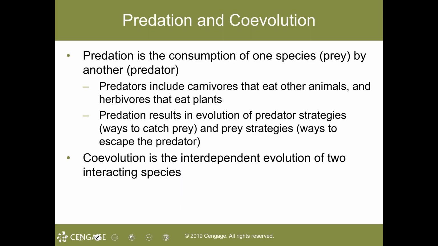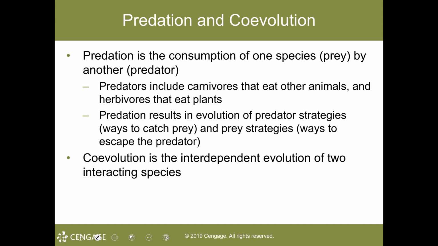So let's get now down to predation and coevolution. Natural selection shapes the bodies and behaviors of both predator and prey. So predation, class, is the consumption of one species, that prey, by another, class, that predator. I can't make it any more blunt than that, but predation includes animals, class, eating other animals,